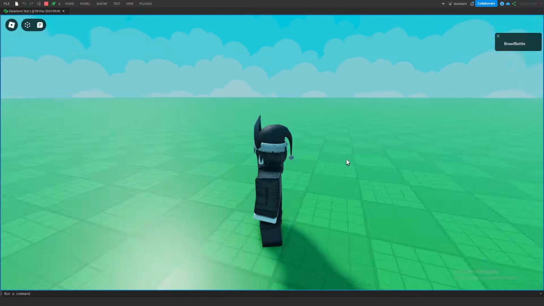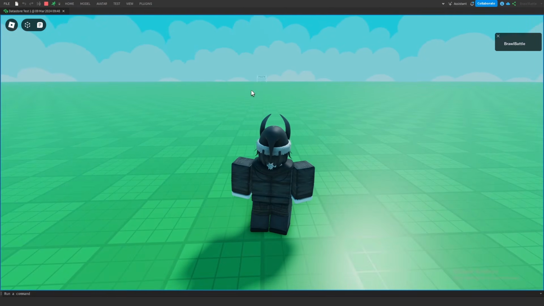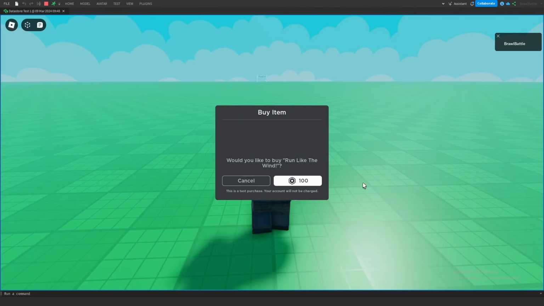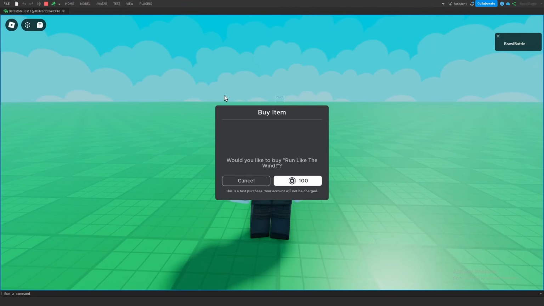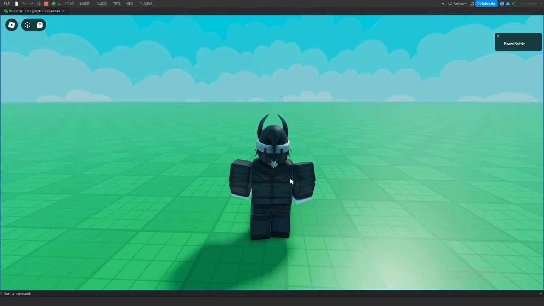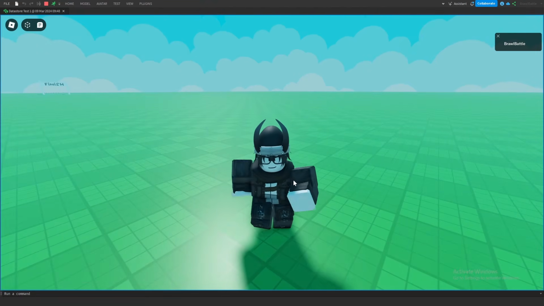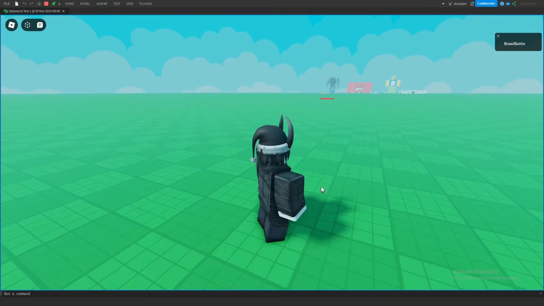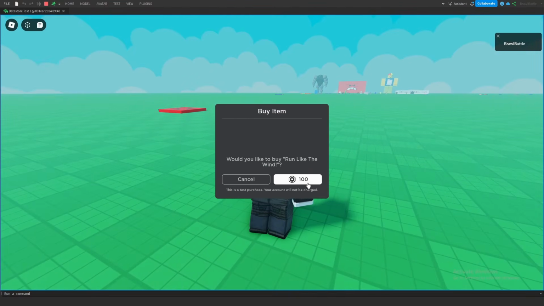Okay, sorry about that. Going back to what was happening here with the game, what the game decided to do was prompt me with this purchase. Now, if you remember from our last video with game passes, this kind of does look like a game pass, but if we do buy it and the purchase is successful, we can run extremely fast, and we can prompt the same purchase again, and consistently buy this, regardless of whether we have ownership of